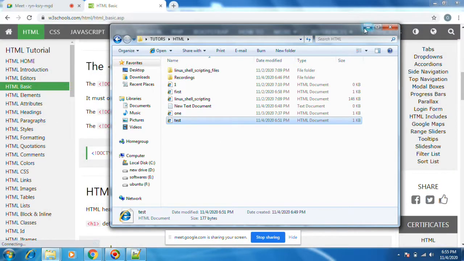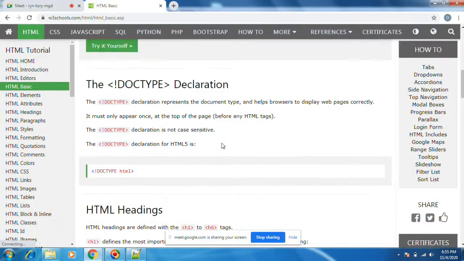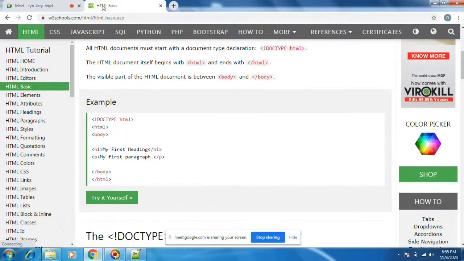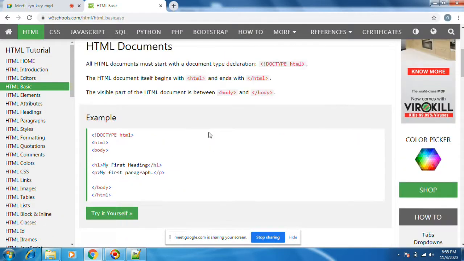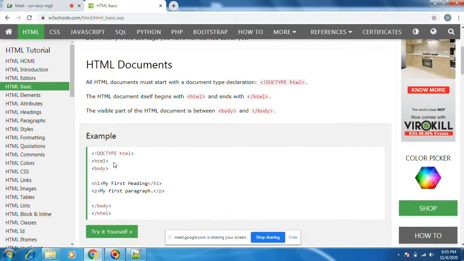Right now, you need to think that this is the header section and this is the body section, whatever we write in the body. The header section will be a head tag. And the element is the entire thing from starting tag to ending tag. Let's see the element section.